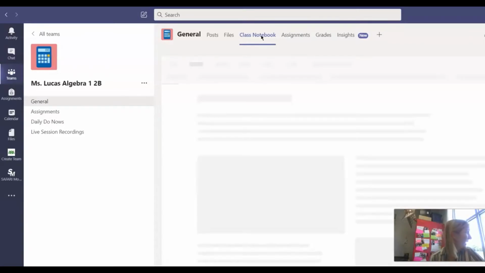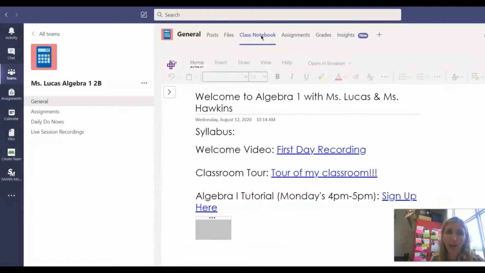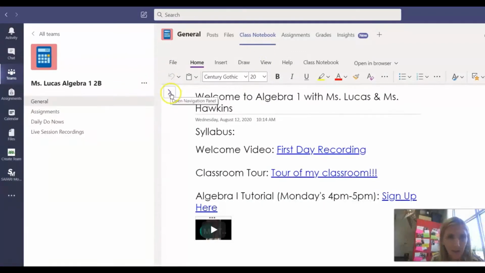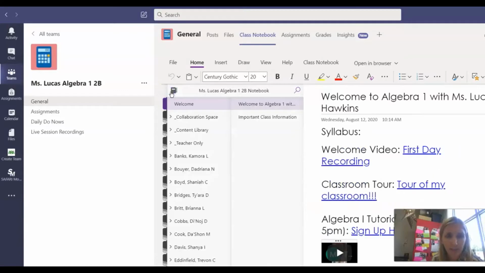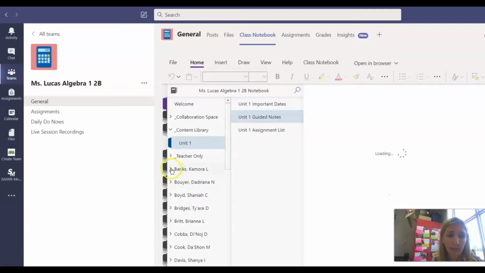And if I'm going too fast, just pause me. As Class Notebook is loading, you'll see this little greater than sign. Go ahead and click it. What I did is I uploaded the guided notes in the content library. So they're in this section, but I also distributed it to everybody's class notebook. So if you open up your class notebook,